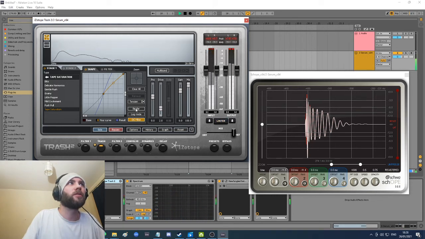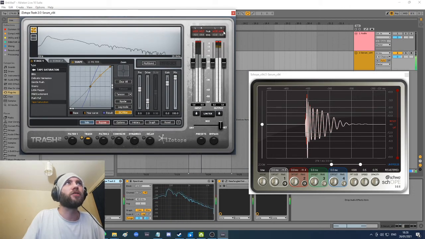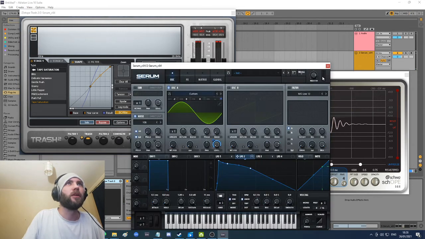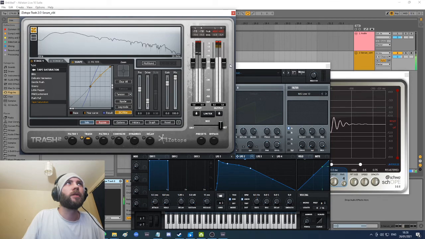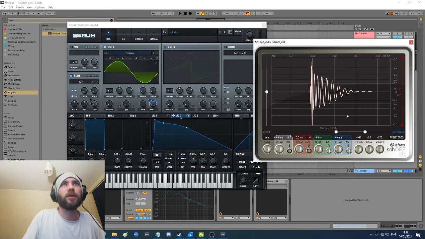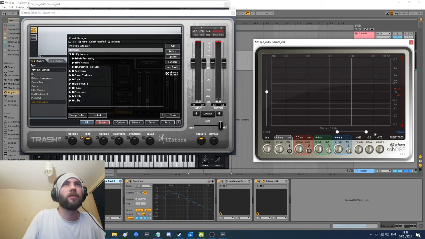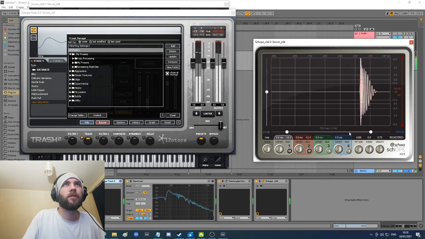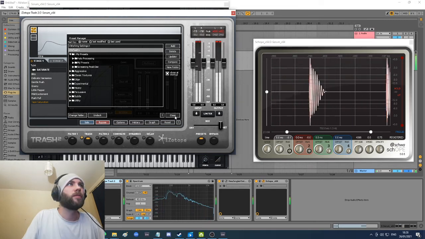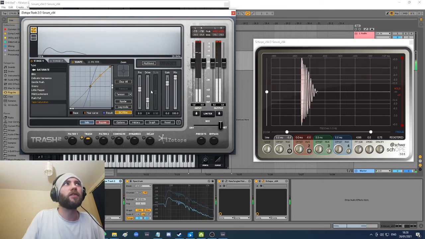Limiter off. Okay, so we're driving that too hard into Trash. It's got like 7 dB. So I'm going to back off the master a little bit. That'll do. So just to make sure we're not squaring off the waveform, I'll unfreeze it and look at it whilst I make the changes. See, that's too much there. If I drive it,